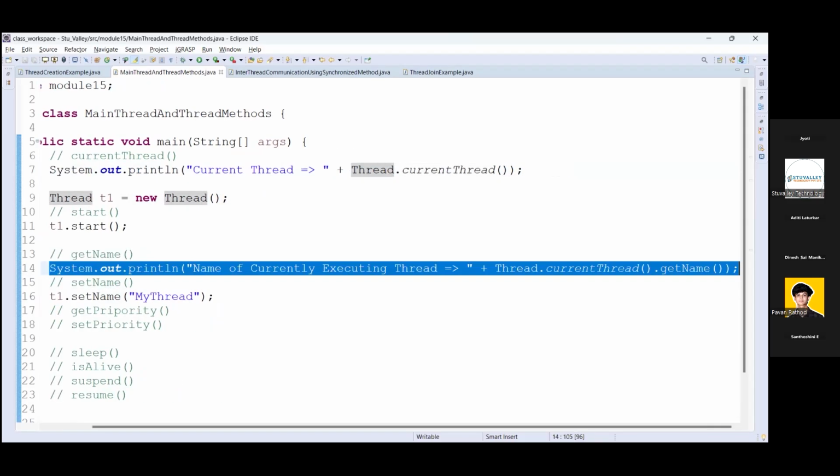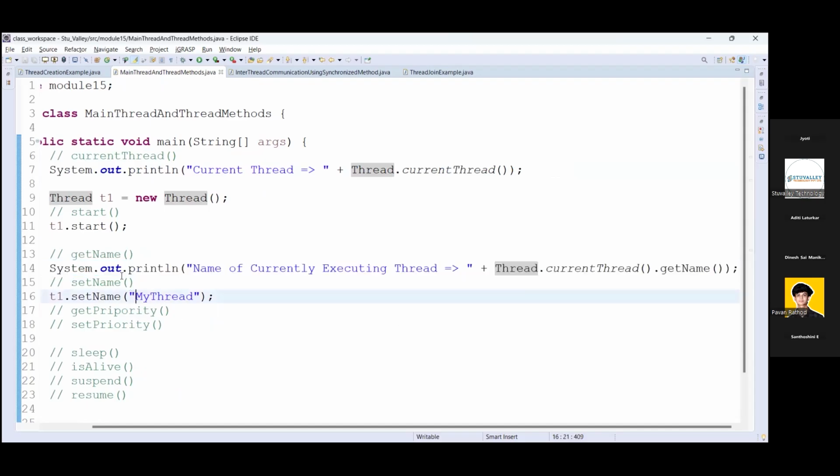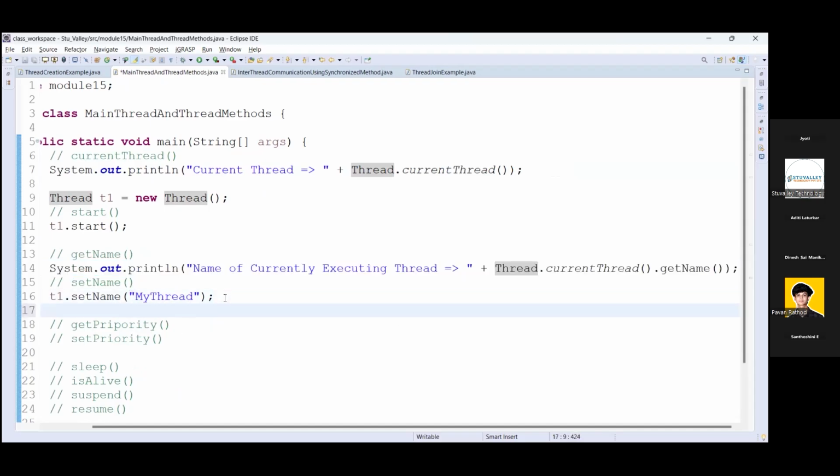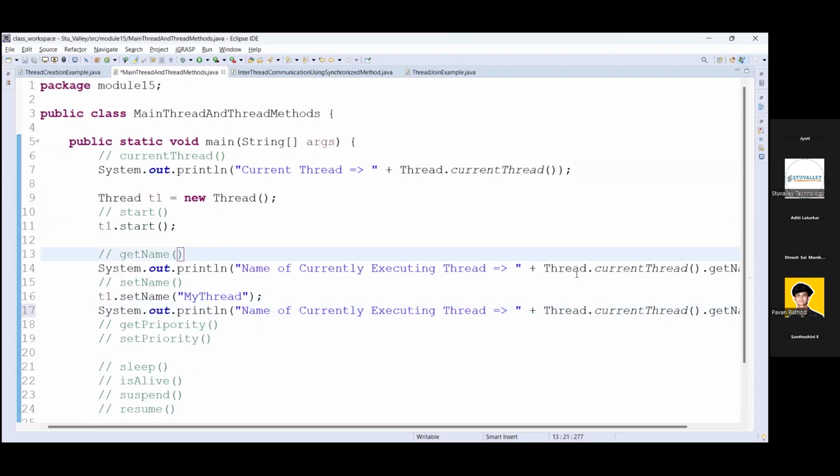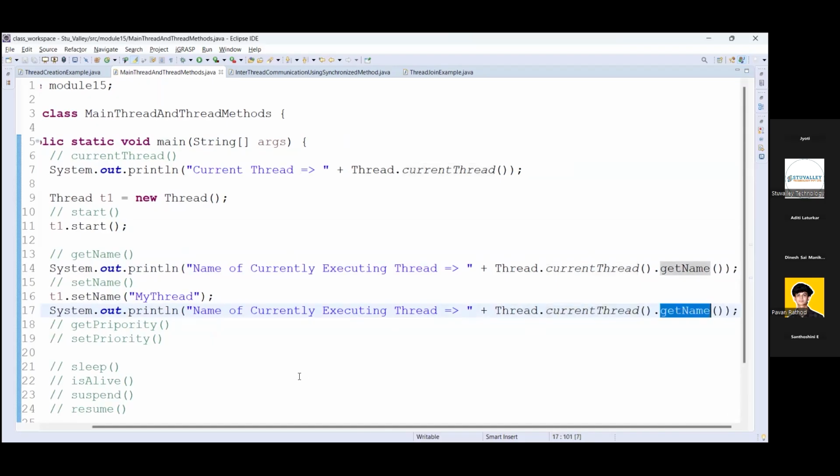Once we have started this thread and set this name, here you may get the name of the main thread or this thread's name, where we have not set any name. We are setting the name here and retrieving it here. Whenever you want to retrieve the current thread's name, you need to use Thread.currentThread(), then the getName method.